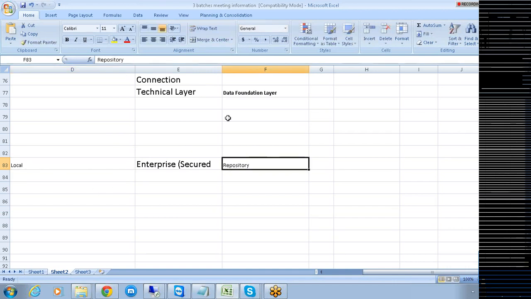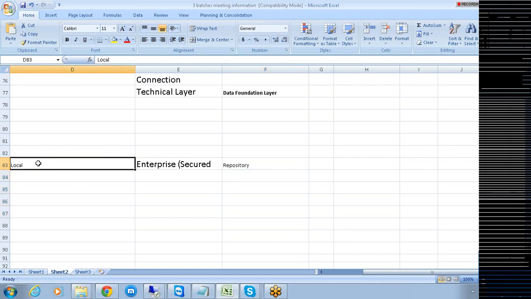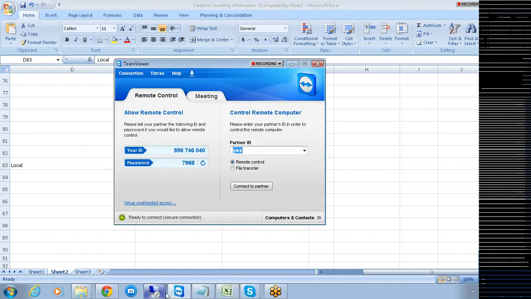Understood, right? The repository is nothing but the database that is maintained by business objects for storing all its applications. So for converting your local connection into a secured connection, you need to publish your connection to this repository.